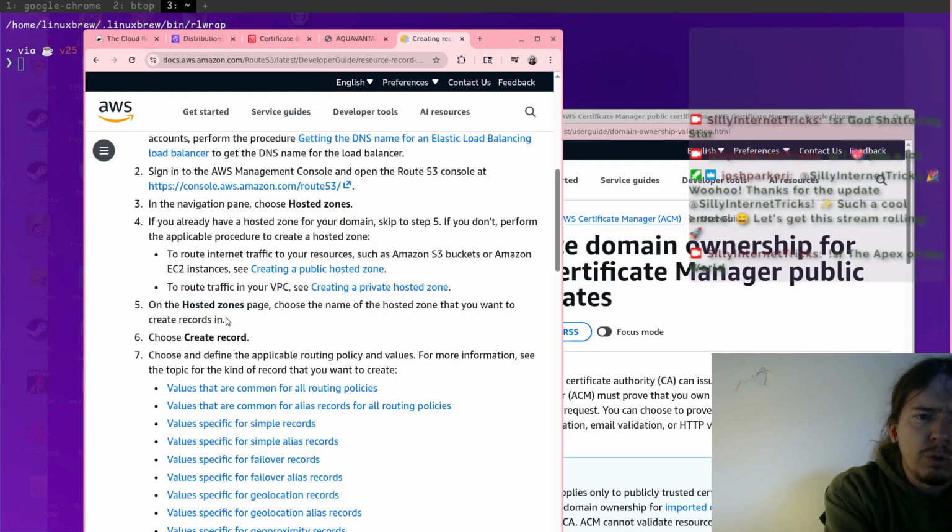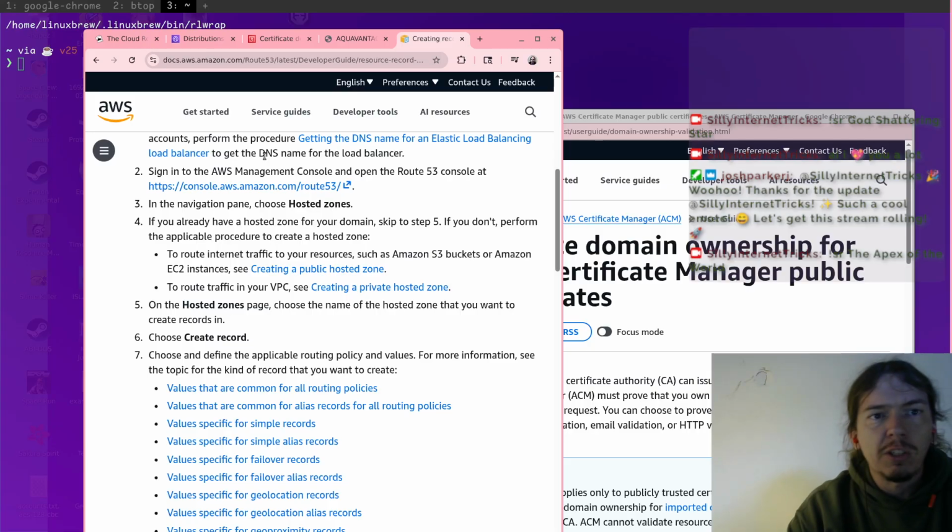Hosted zones, choose the name, and then choose create record. Okay, where is create record? Create record, okay, got it. And then we're not going to use a subdomain. We are just going to put in the IP address. Okay, great.